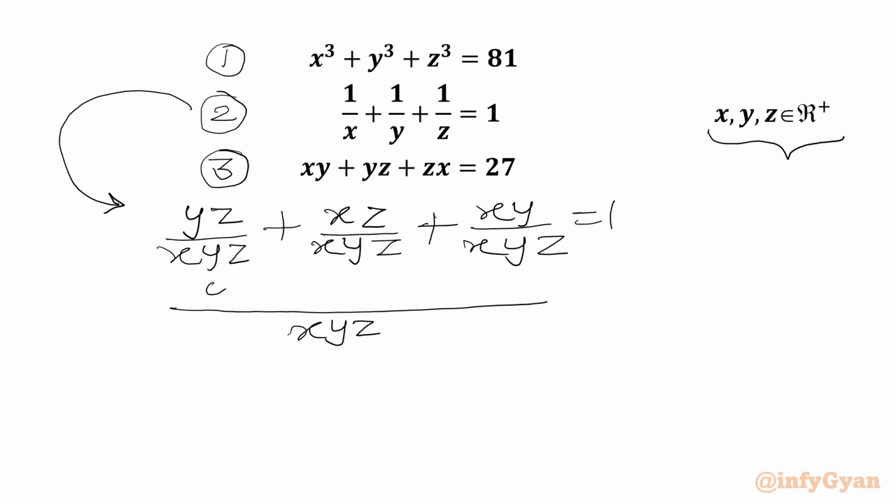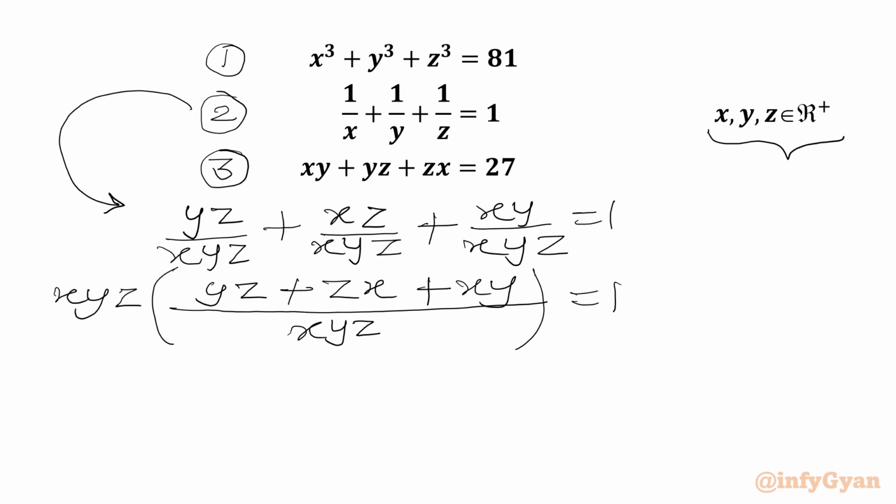We'll write yz plus zx plus xy in the numerator equal to 1. Now we'll multiply both sides by xyz. So let me write here xyz, and this side also we will write xyz. So from the LHS, xyz from the numerator and denominator will cancel. We will get xy plus yz plus zx